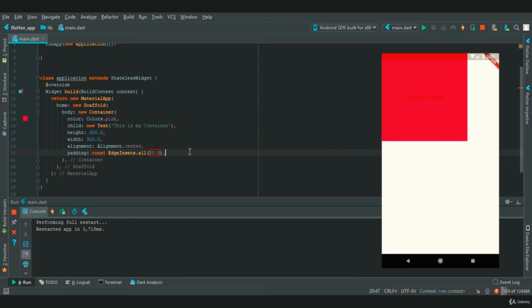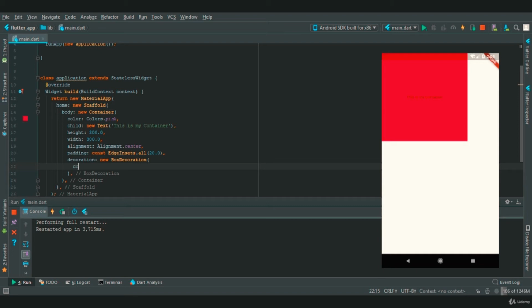After this, our next property will be decoration, and in this decoration we need to create a new BoxDecoration widget. Now consider the decoration property as a property that can be used to style a container.